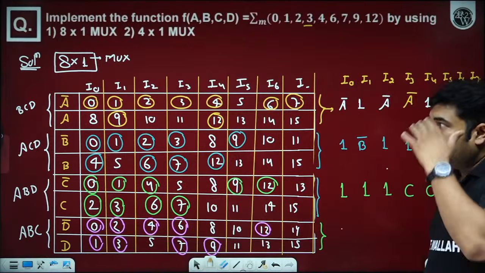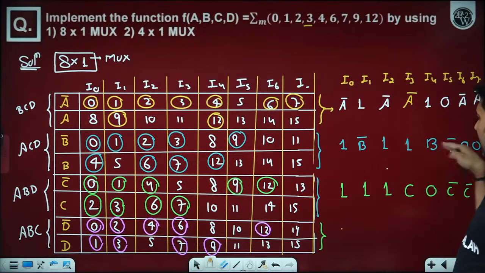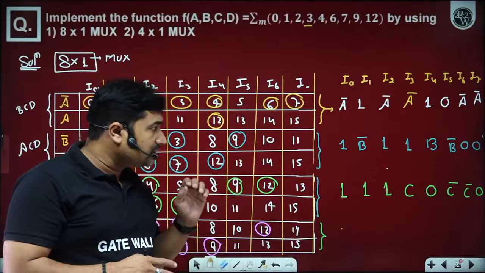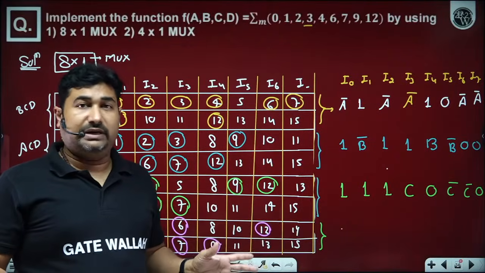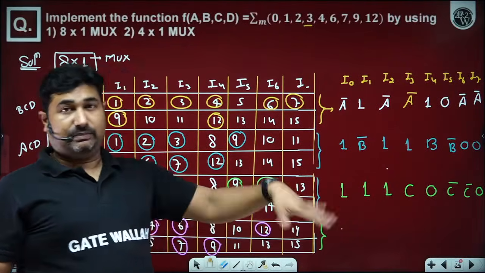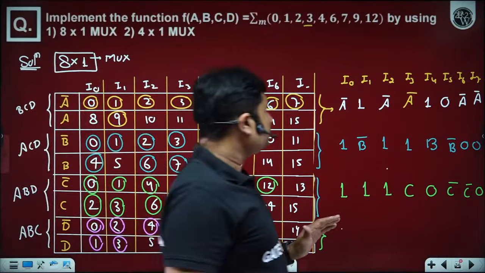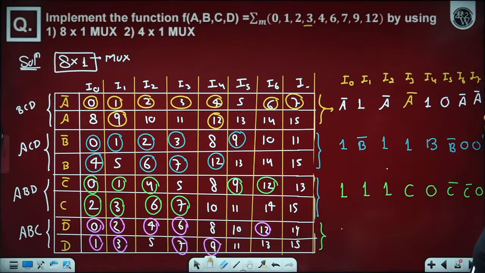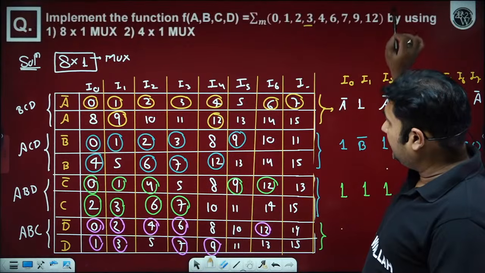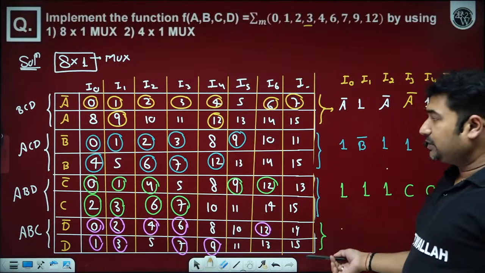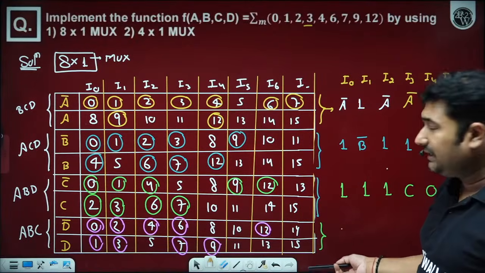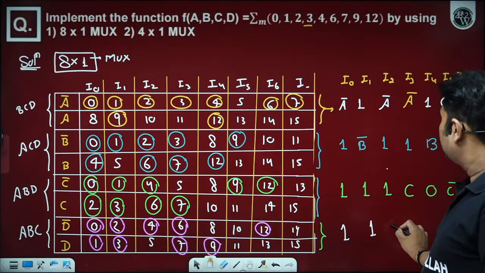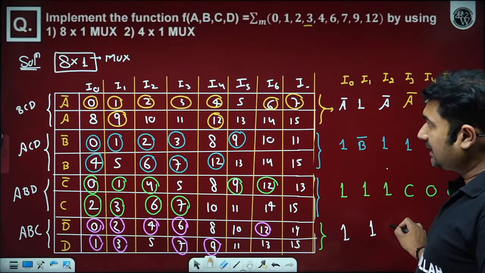So please be ready with that. In this particular case, since we are getting A bar in every one, we can choose any one of them. However, suppose we are getting only logic zeros and logic ones and no complement, then that would be more preferable compared to the other select lines. This function will become great if 5 and 13 are also included. If we include 5 and 13, then we will choose A, B, C onto the select line and D onto the input. But okay, whatever is given, we have to go accordingly. So in this case, we can have any of the select input conditions.